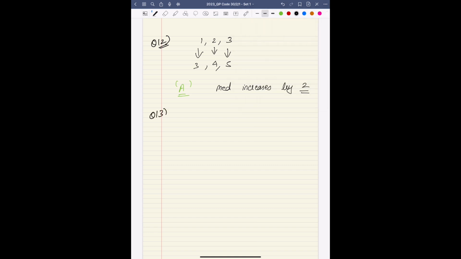Question number 13 is actually tricky, so you guys can tell me in the comments if you agree with me. Now here it says the box contains cards numbered from 6 to 55, right? So if the cards contain numbers from 6 to 55, the total number of outcomes becomes how much? 6, 7, 8, 9, 10, that is 5 cards. 11 to 20 will give you the numbers on the cards,